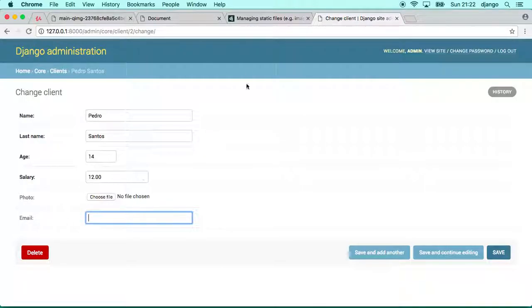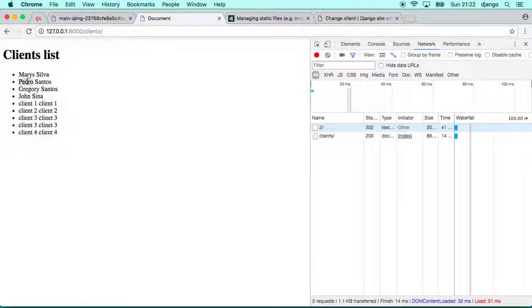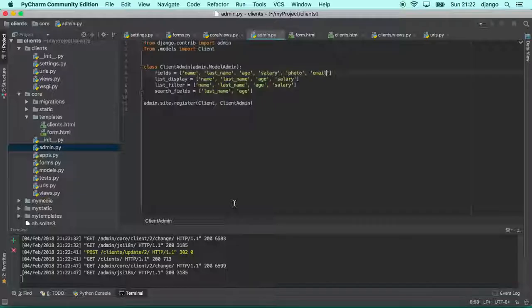We can see that Pedro doesn't have an email, so let's include b@b.com and click save. Here we go. Here we cannot see any difference because we're listing just the name, but if we refresh here, we can see that Pedro now has the information saved into the database. That's a very nice thing to do. Now guys, so